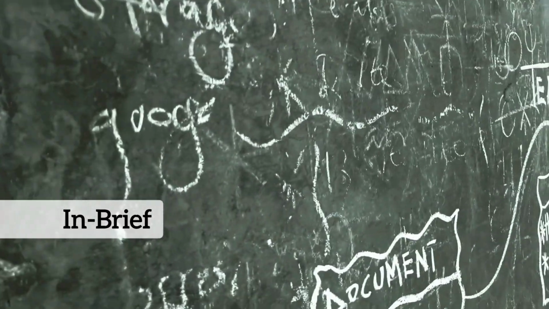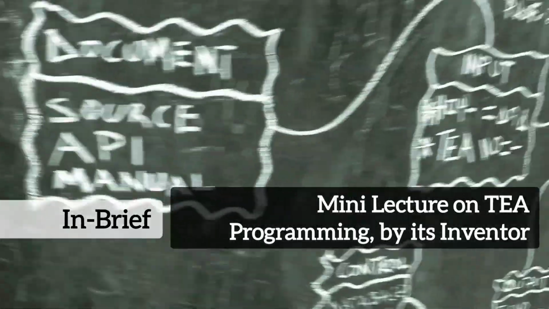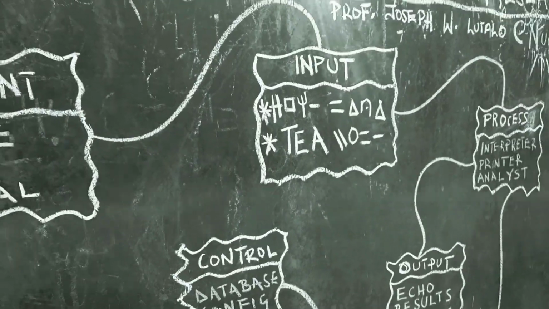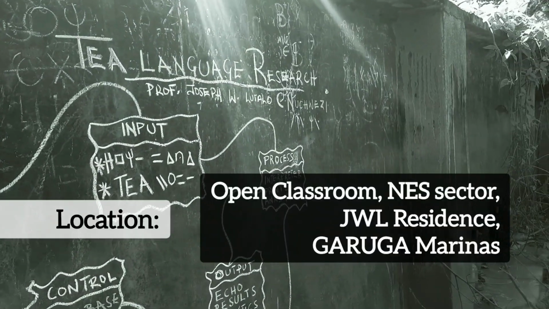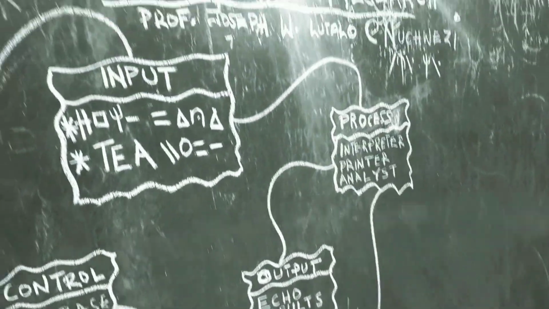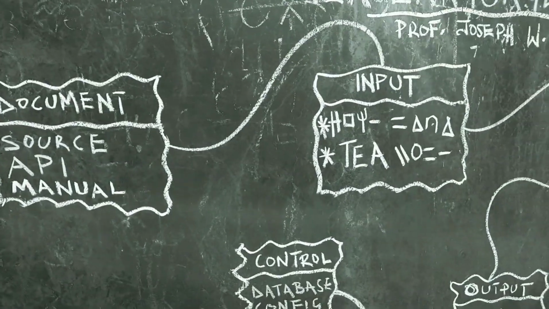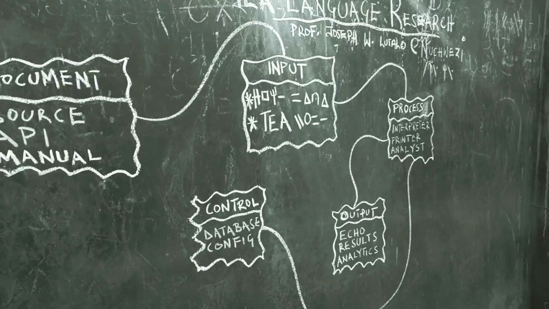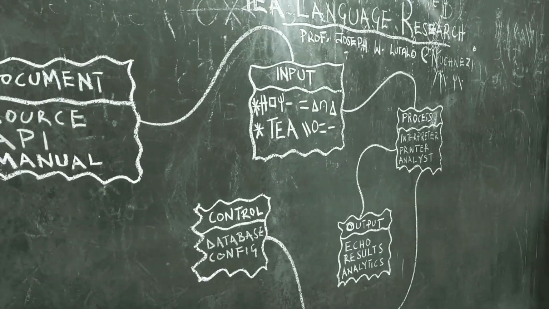And of course, right now is a good moment to have a quick lecture about what it is I'm working on currently. Yes, right before us here, we have a very interesting schematic: TEA language research. And you can see from what we have here, it looks somewhat like a state diagram. This is actually a kind of mind map